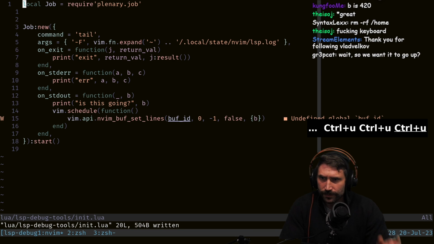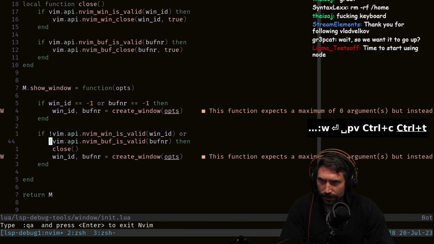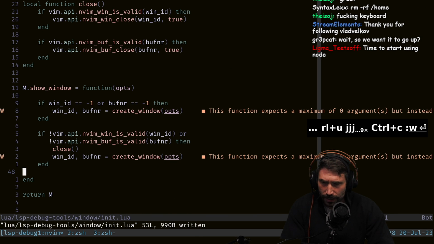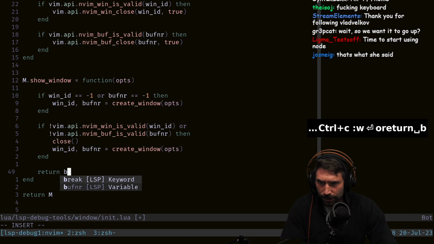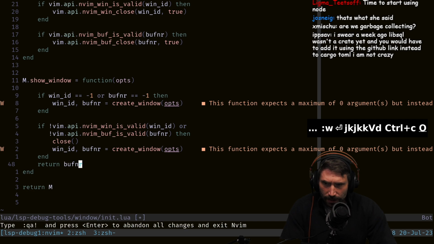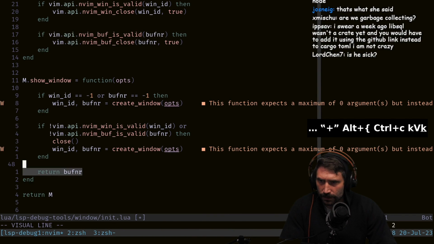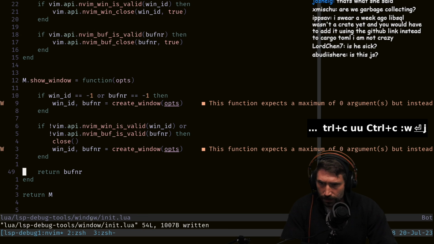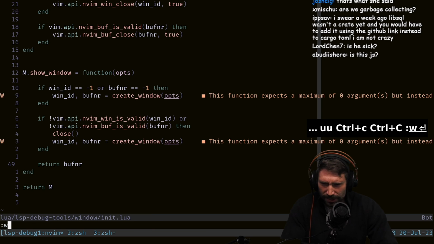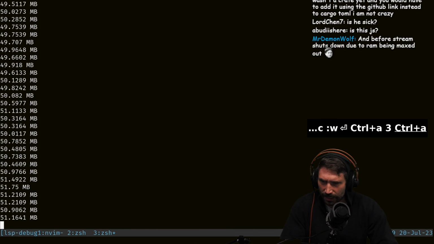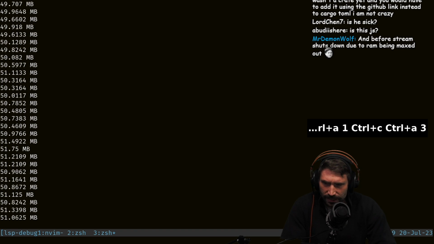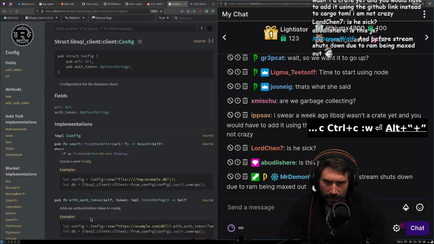All right, anyways. So we still have this whole job thing, which we've got to figure out. So we have this thing, show window. It gets all this, and this thing should probably return the buffer, right? Oh, I kind of want the buffer of the window. Yeah, let's just return the buffer. It feels good, right? There we go. Yeah, you can see it's just growing, and it just keeps on going and going. Anyways,